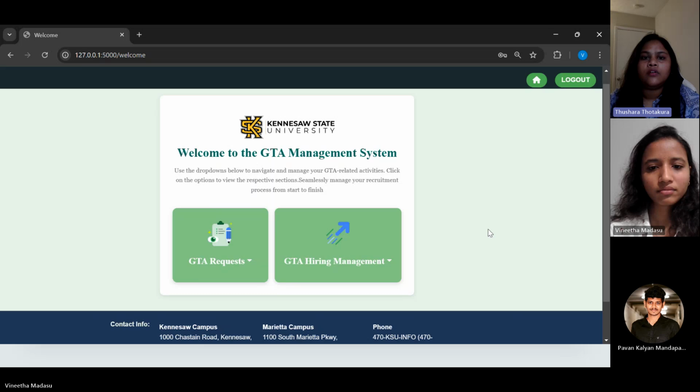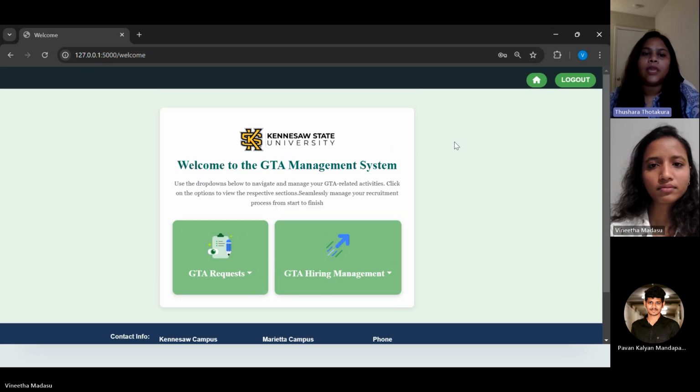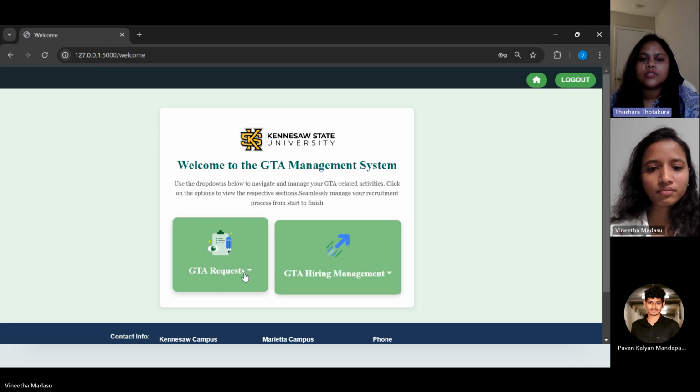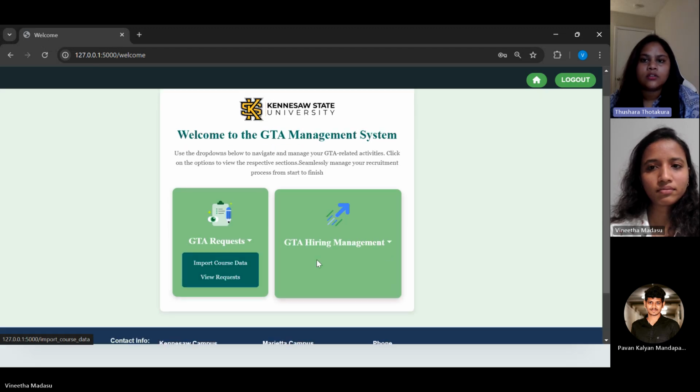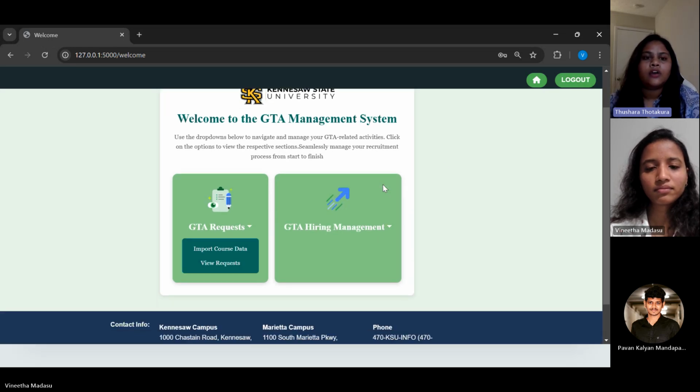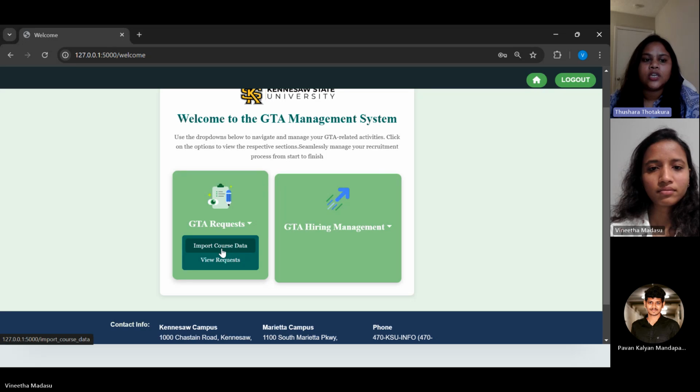After logging in, we can see this is the main hub for the GTA management system, welcoming users and guiding them to GTA request and GTA hiring management sections. So users can easily navigate through drop down options. And you can see the logout button, which is available for security, enabling users to exit the system efficiently. After going through GTA request,